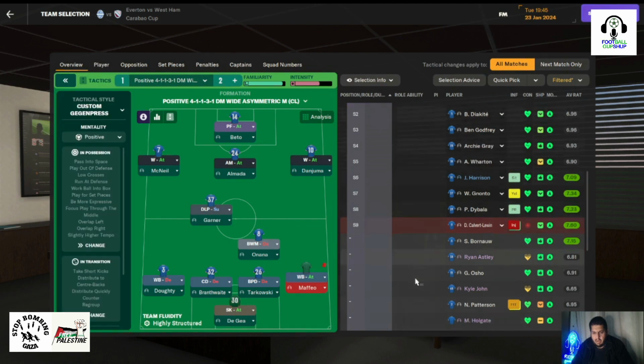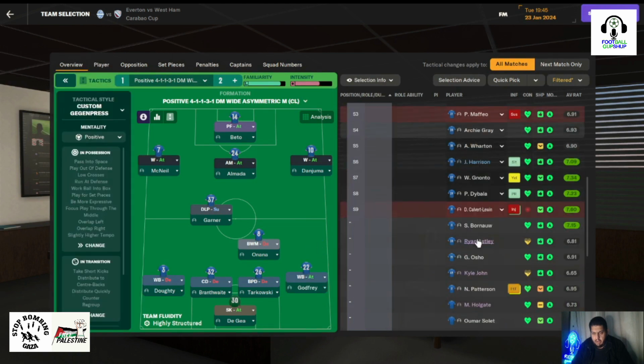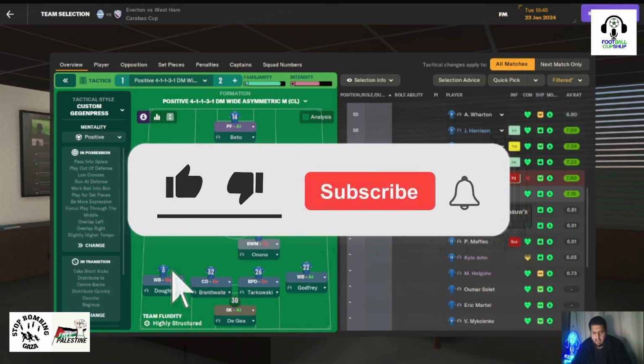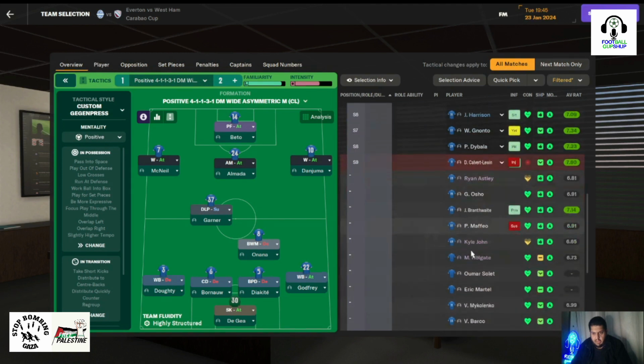We're going to keep Onana. Now instead of Maffeo, we're going to bring in... I was thinking of bringing in Godfrey. I'll bring in Godfrey, but I will bring in Patterson to come in later instead of Maffeo. Now we've got Tarkowski and Branthwaite. I was thinking to change. We're going to bring in Burnau for Branthwaite, and we're also going to bring in Osho, or should we bring in Diakite? I think we're going to bring in Diakite, and he's going to come in over there. Whereas I was thinking to bring in